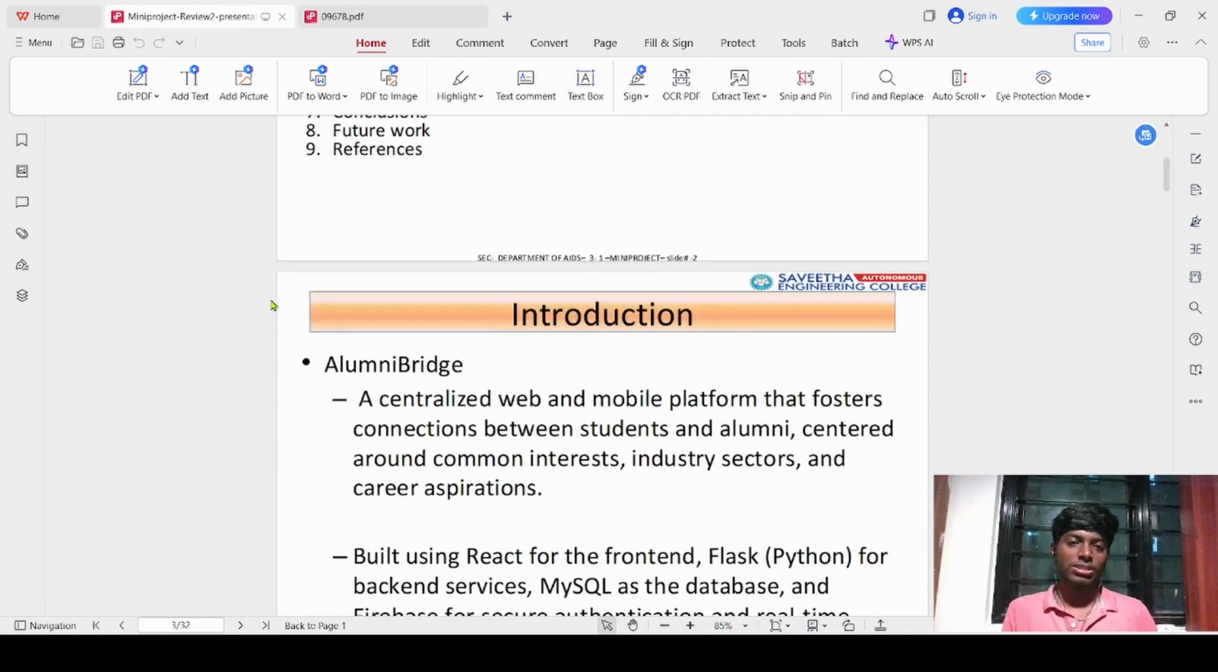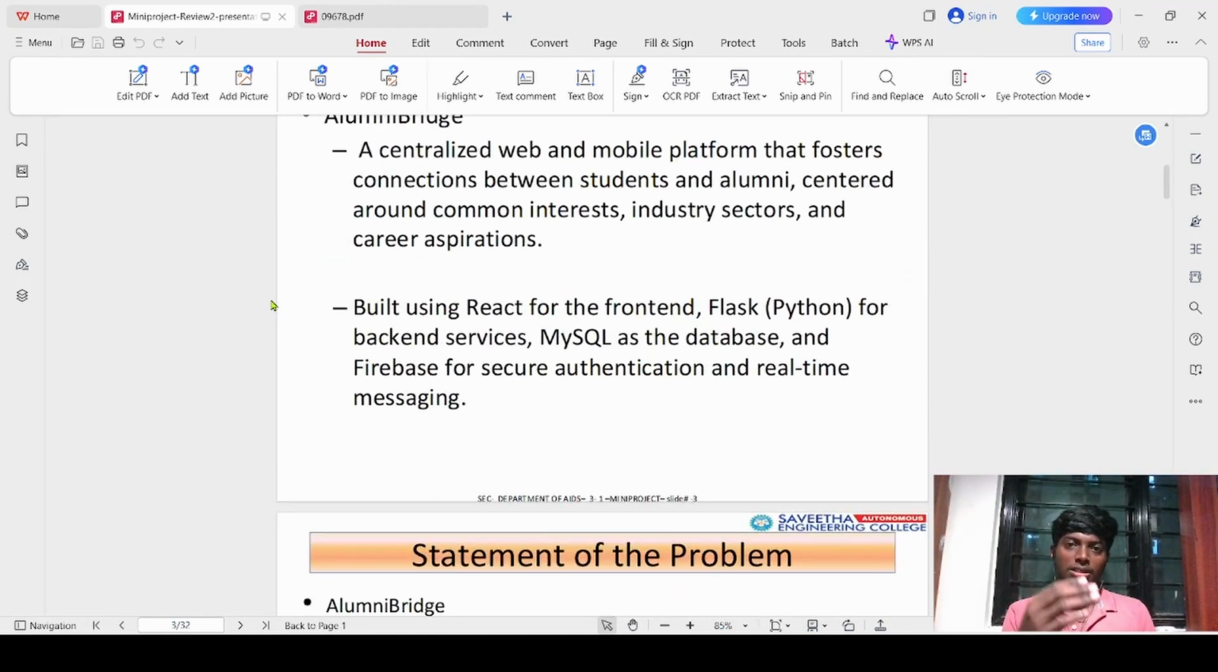This project focuses mainly on the student and alumni. Alumni who graduated from the institution can connect with the students of the current batch with the help of our web and mobile solution. Our web and mobile solution fosters a connection between students and alumni centered around a common interest, which basically means an alumnus and a student can connect on the basis of a common interest, industry sector, and